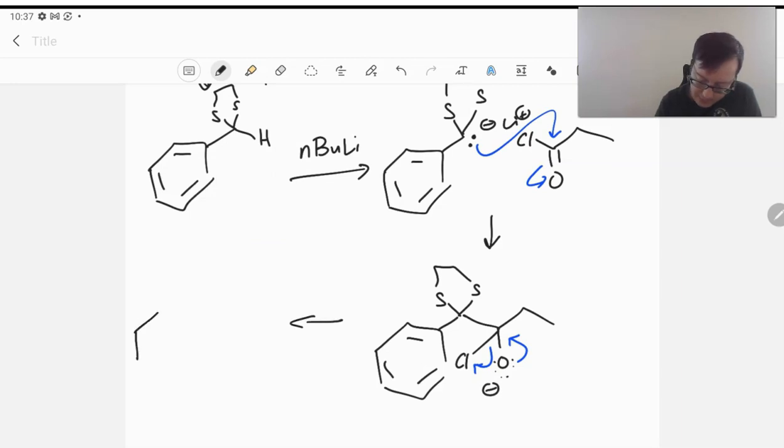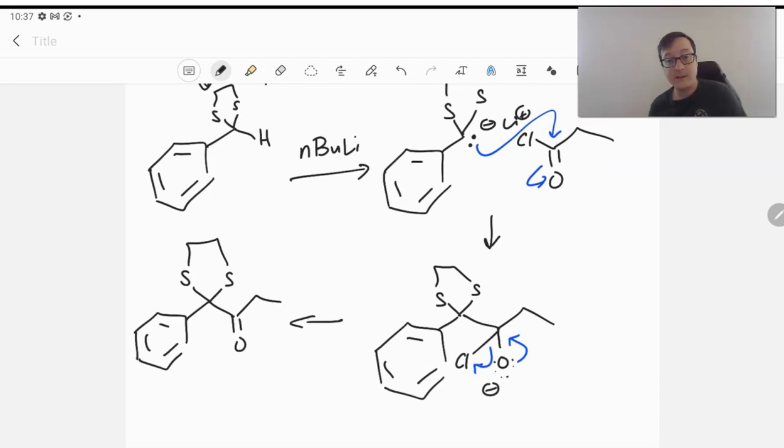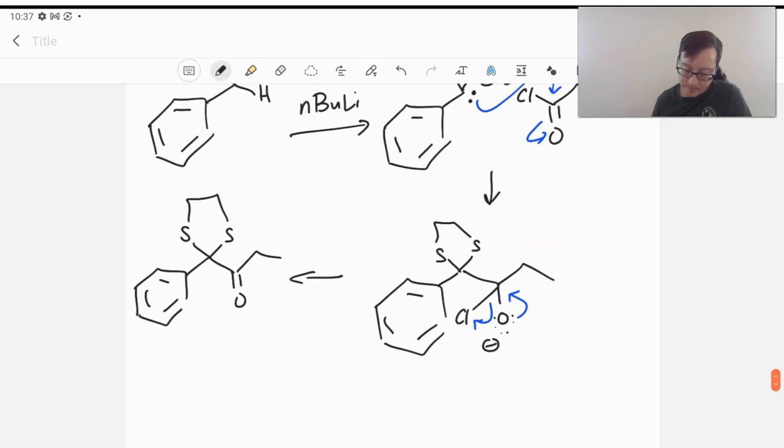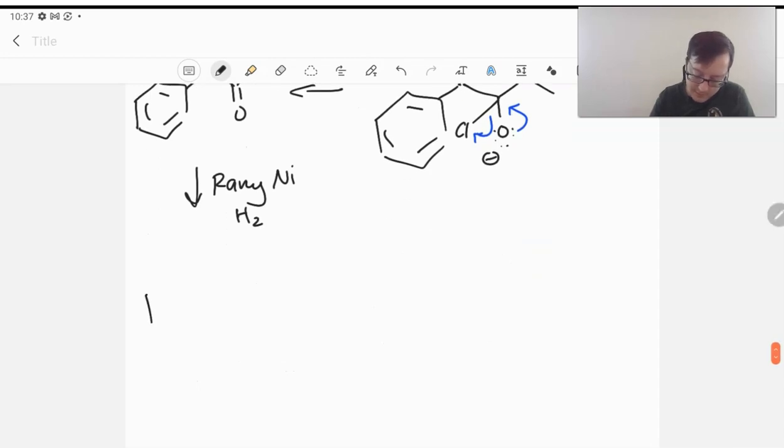And now we're left with our ketone. And then we have the sulfur bit. And so we have options. We can remove it. Well, since we already have what we want to get rid of it, we should go ahead and use our Raney nickel. If we use our Raney nickel, we will probably also reduce the ketone, but that's okay. We can work with that. Once we reduce that ketone there,